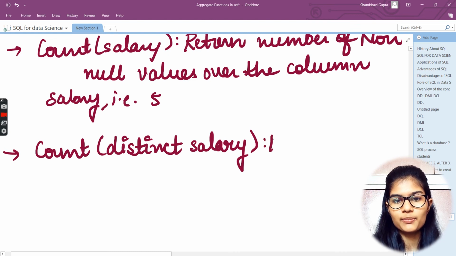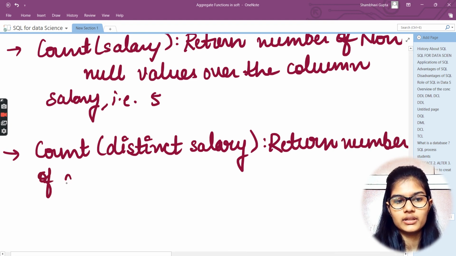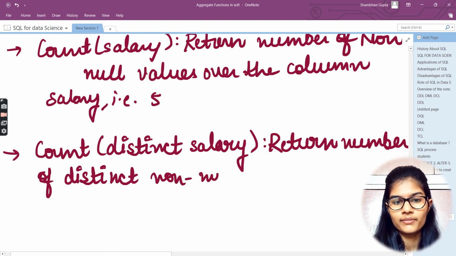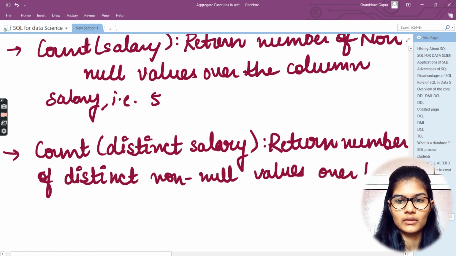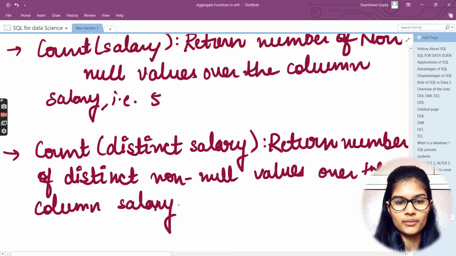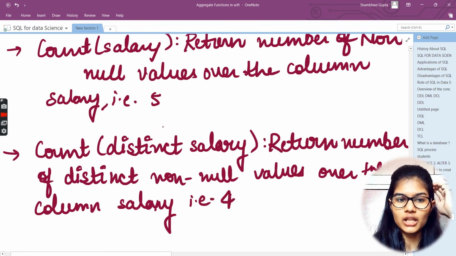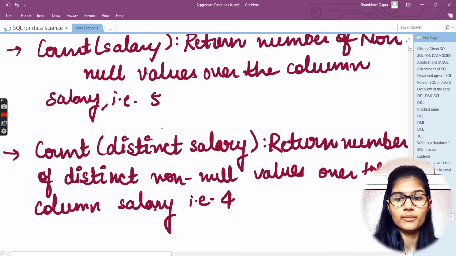Now in that case, what could it return? It could return the number of distinct non-null values over the column salary.